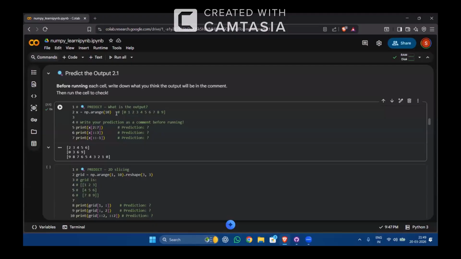Since we are starting from the very beginning, what is the very beginning index? 0, right? Yeah, got it. 0 plus 3, that is the second one, 3. 3 plus 3 is the next one, 6. 6 plus 3 is 9, the next one. Is that clear? Yeah, it's clear. Thank you. Now, can you move to the next block?